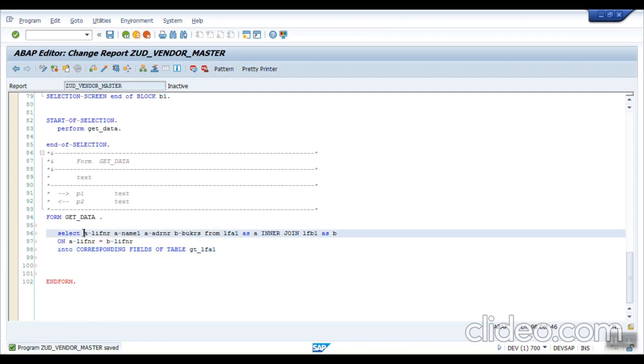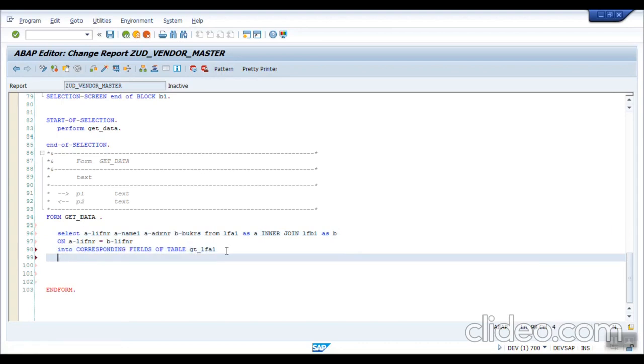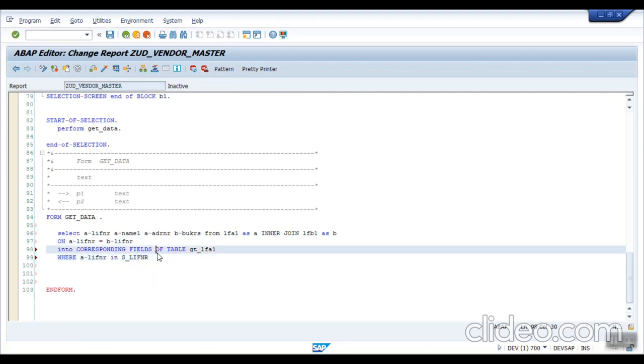So this is my selection field from this source, and this is my target, and finally I want to give the where condition, where I can write A-LIFNR in S_LIFNR. Why do I use IN here? Because I use select option.